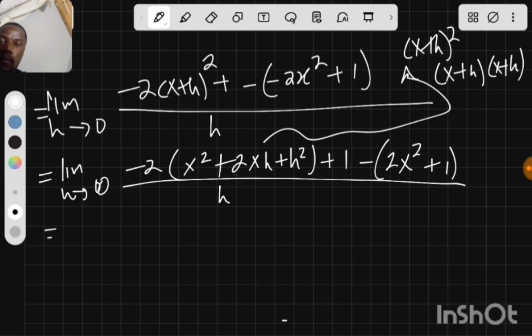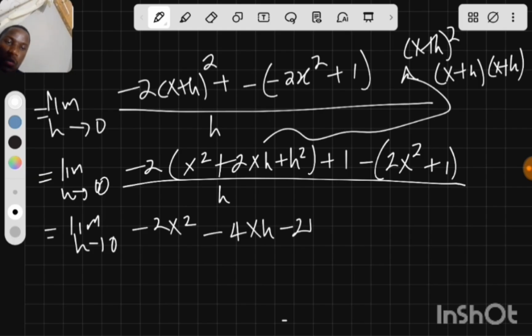Then we have the limit when h approaches 0, and I have minus 2x squared. Minus 2 will affect everything in the bracket. Minus and positive, which is minus 2 times 2, which is 4xh, minus 2h squared plus 1. Then minus times positive, which is minus 2x squared